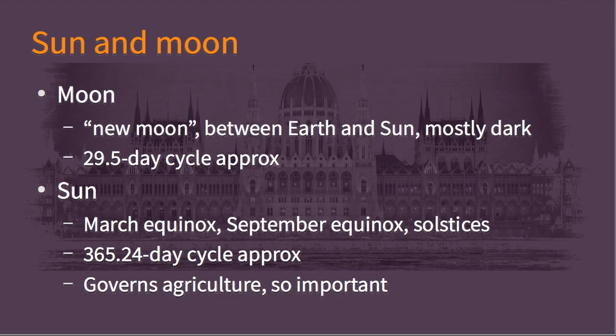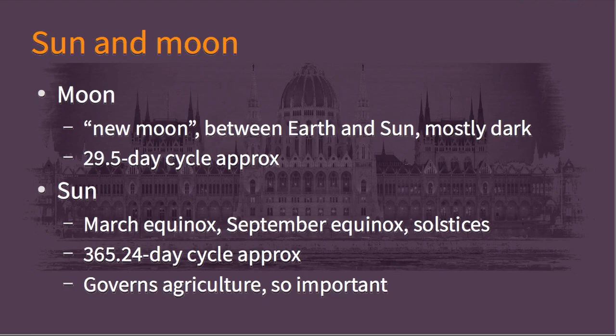So, in what way? The moon runs through phases, and I call out the new moon, which is when the moon is between the Earth and the sun, and from the Earth it appears to be mostly dark, because that's a useful punctuation mark in the moon's cycle, and it's easy to make out with a fair degree of precision. And the moon goes through its phases from orbiting around the Earth on a cycle that's about 29.5 days long.